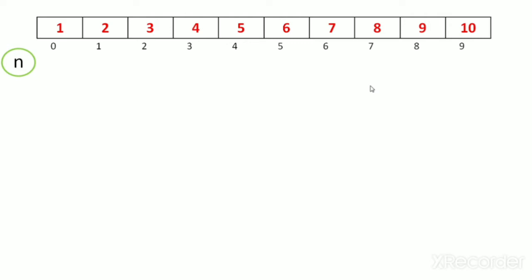After checking it, it calculates the middle element. First of all it calculates the middle index, which is 4 in this case, then the middle element is 5. So it checks if n is equal to 5. If it's equal, then it prints number found, and the algorithm stops. But if it's not equal, then it checks if n is smaller. If n is smaller than 5, then it divides the left half.